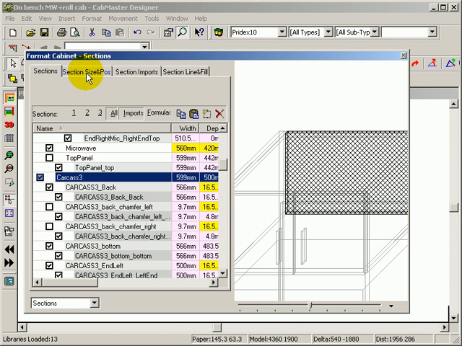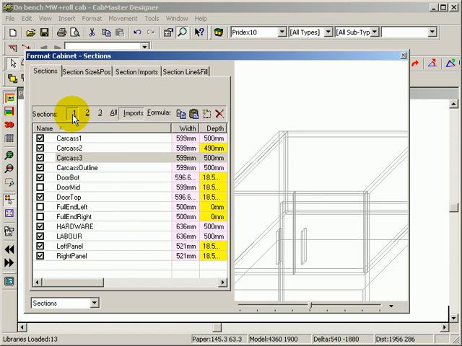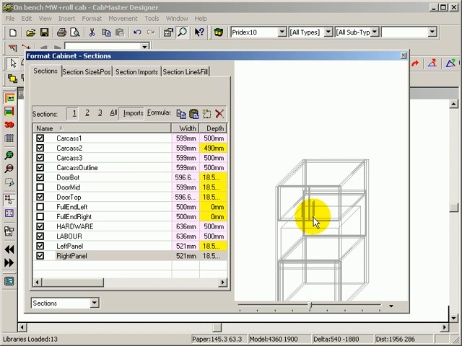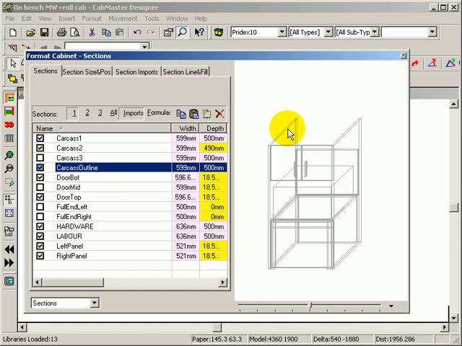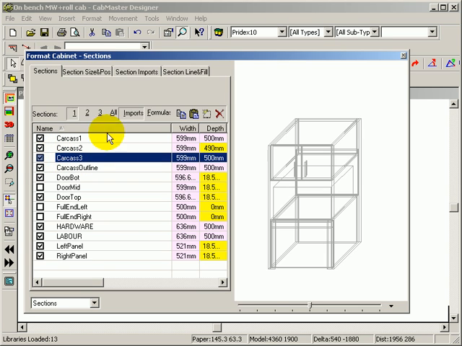And if I click up here just to show those top level sections, you can see now that if I do turn off that Carcass 3 section, all the other sections within it will turn off too. So that's the one that we're interested in being able to control. And if I move the back of that forward,